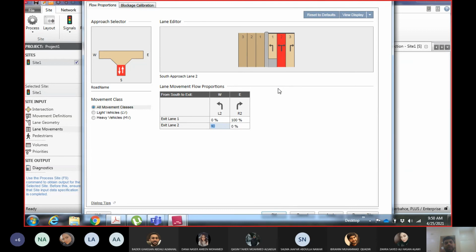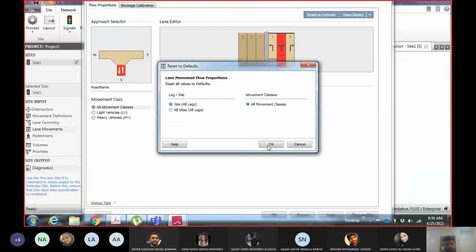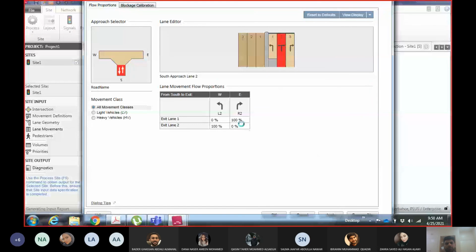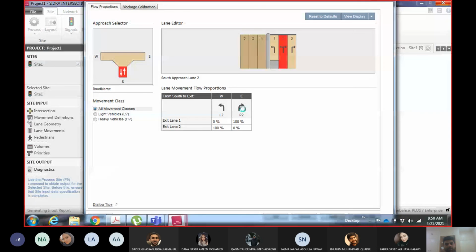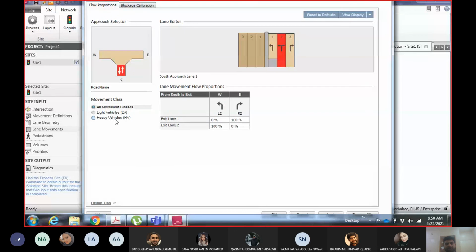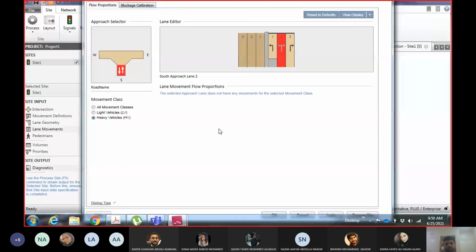Obviously, if you have only one lane, then all 100% will go to that lane. Similarly, you can define the percentages for light vehicles and heavy vehicles differently as well. Let's say these percentages are for light vehicles, but for heavy vehicles I want to change it.